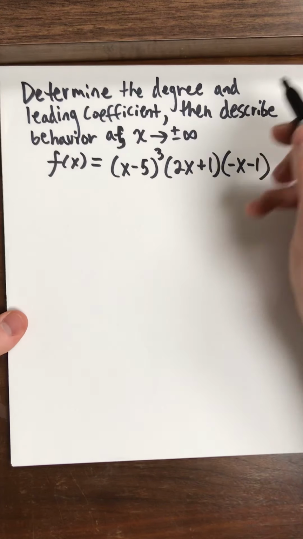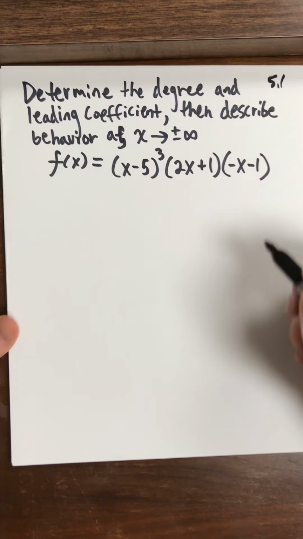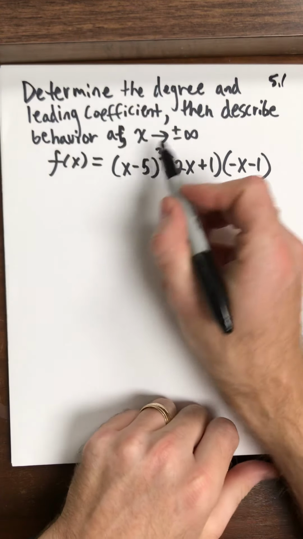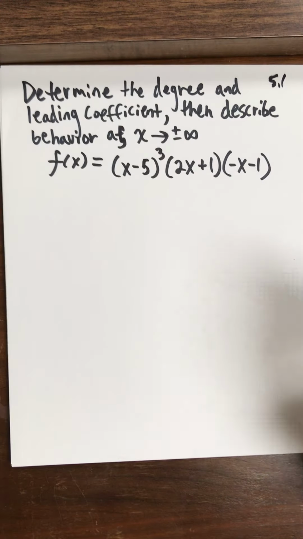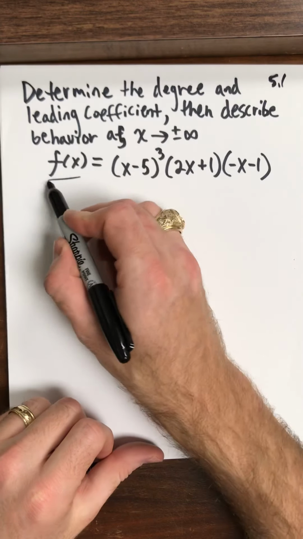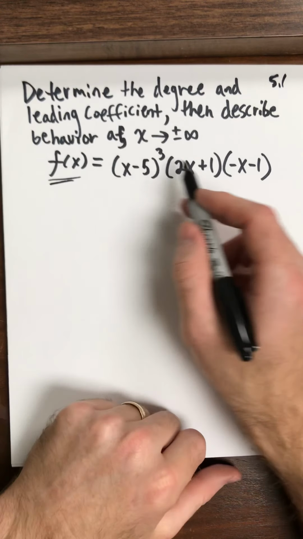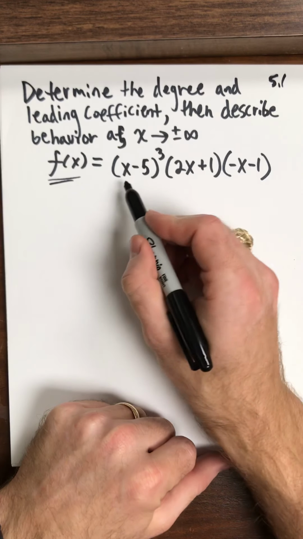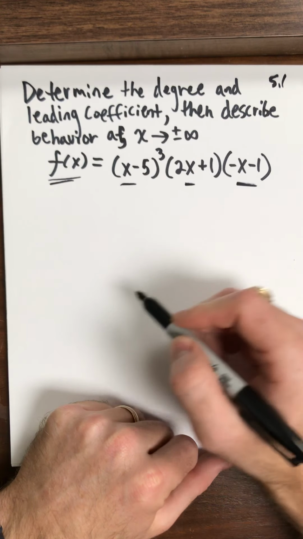So this is section 5.1, and I want to determine the degree and leading coefficients, and then I want to describe the end behavior. What happens as I go to positive and then negative infinity? What happens to f of x? All right, so to figure out the degree and the lead coefficient, I'm looking at the factored form of f